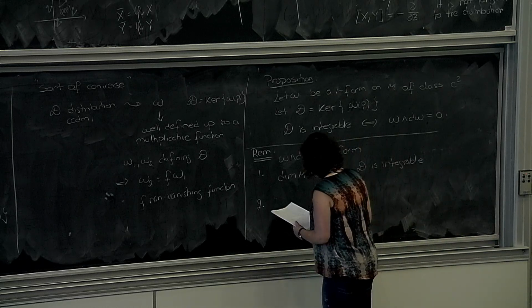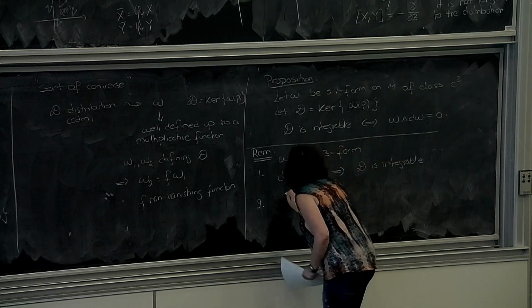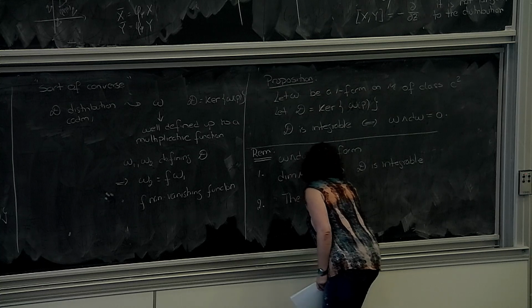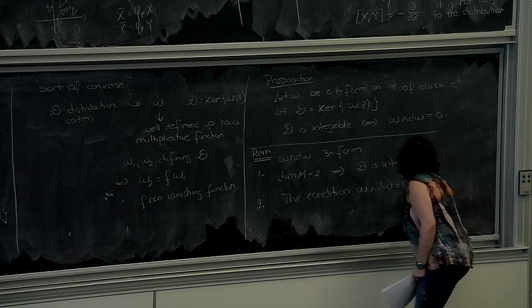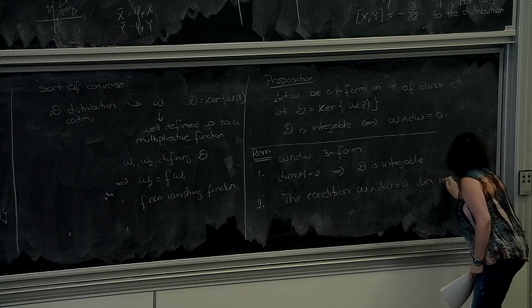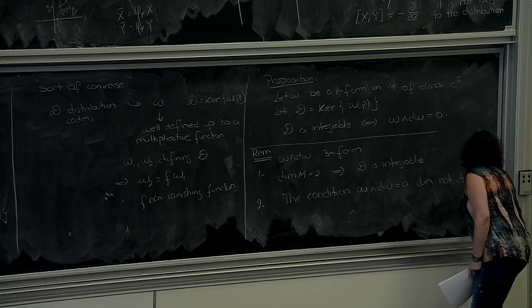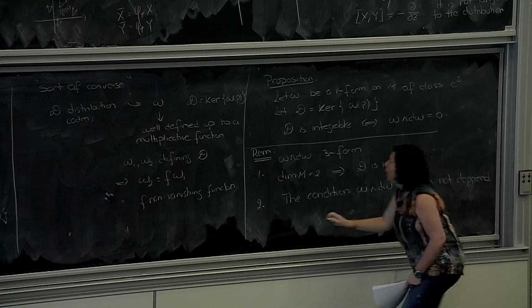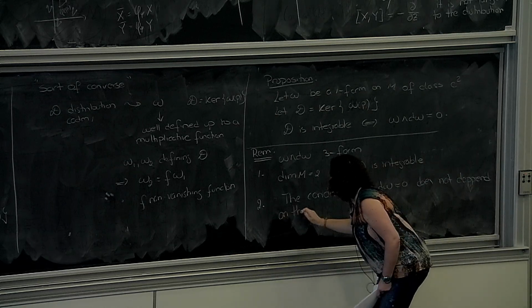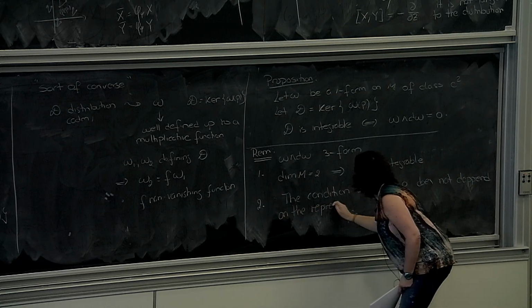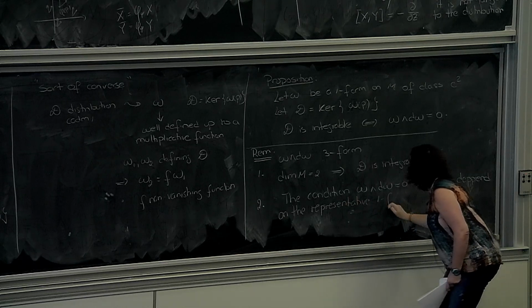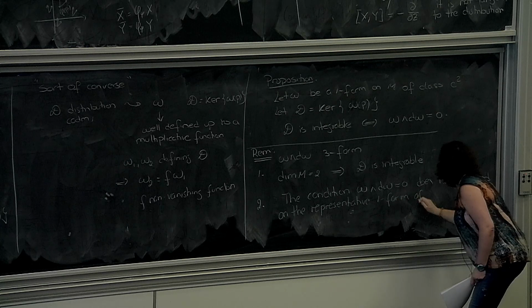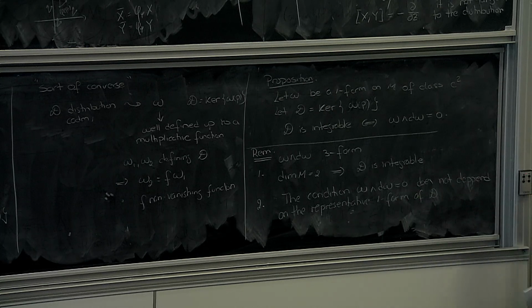So the condition omega d omega equal to 0 does not depend on the representative one form of D. Okay, so